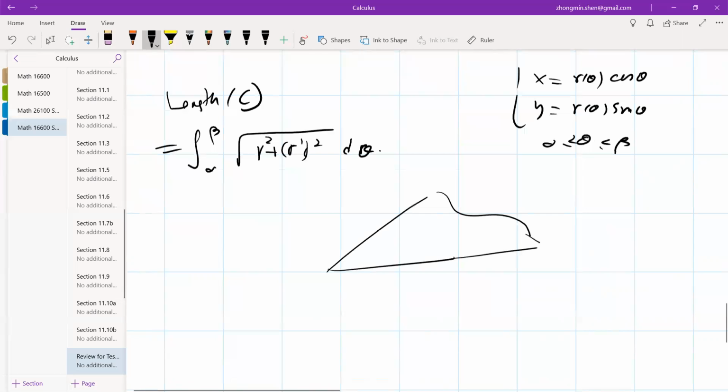For this sector, here's theta equals alpha, and here's theta equals beta, and this is an arbitrary curve r equals r of theta. Then the area of that region D is going to be the integral